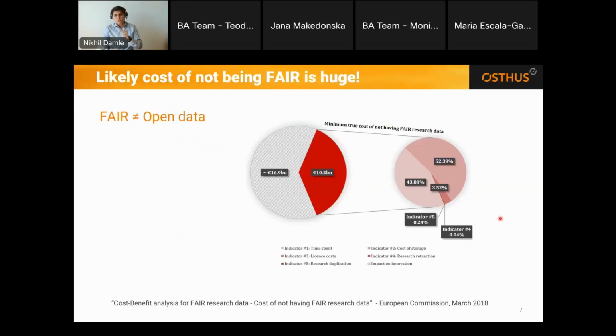And again, a word of caution: FAIR is not the same as open data. FAIR data and open data are different things. Open data is any type of data that anybody can access freely and reuse freely for any purpose. Whereas FAIR gives you a standardized framework to use or share that data in consideration of certain ethical, legal, or contractual obligations and aspects. So these are two different terms.